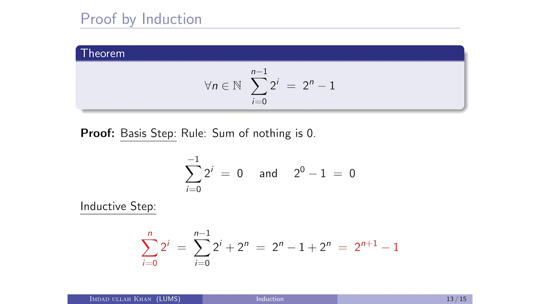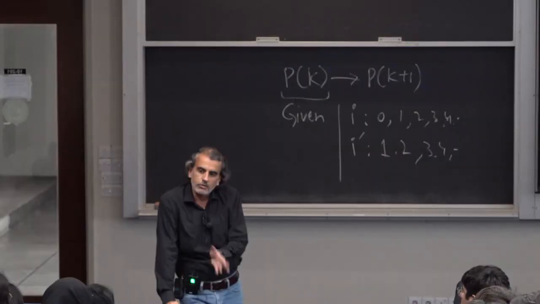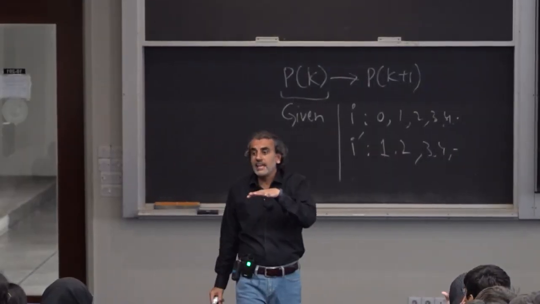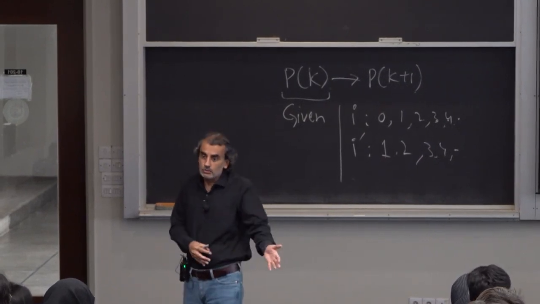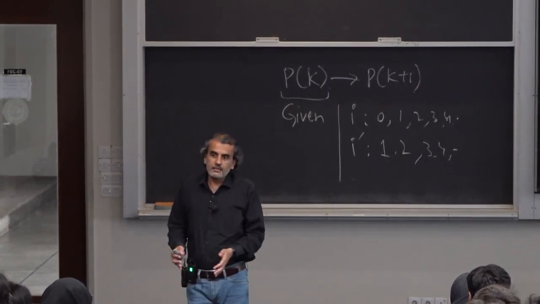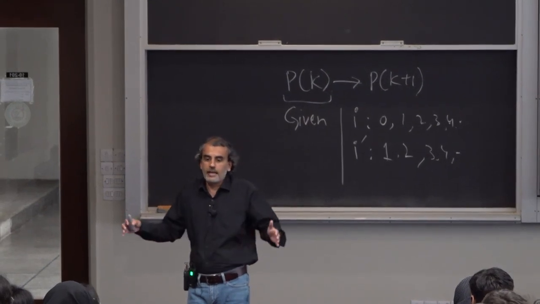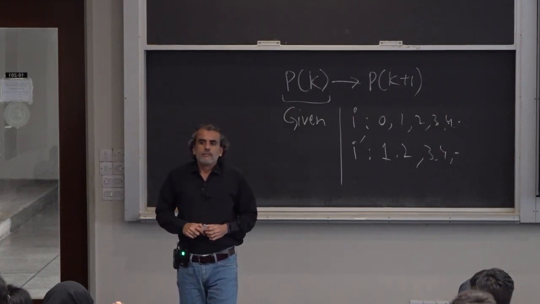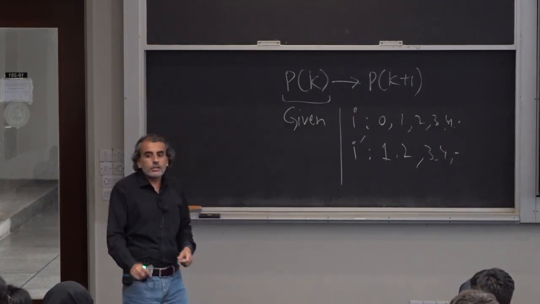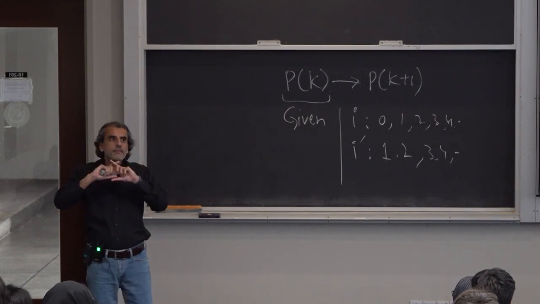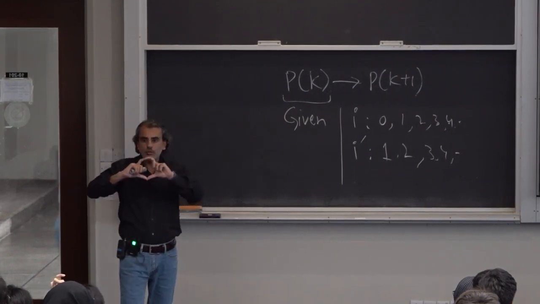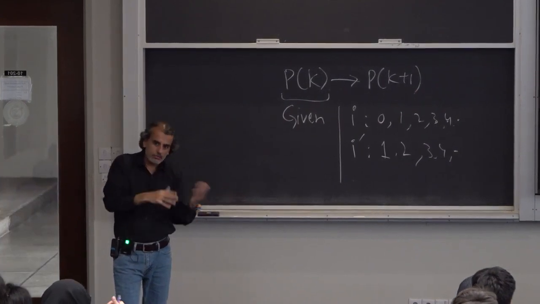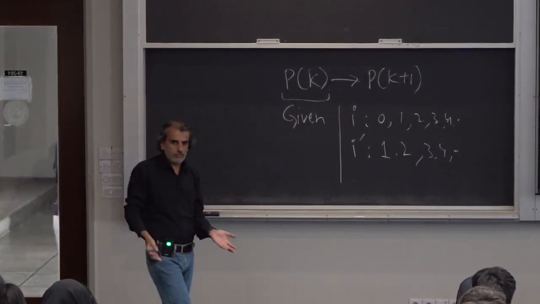It depends. If the statement is explicit about positive integers, then we'll be doing it for 1, as we did in the previous example. And in certain cases we'll say that this thing is true for n greater than or equal to 2. Then our base step will be 2. If it says it has to be true for n greater than or equal to 100, then our base step will be at P(100). So we won't define it in terms of the loop having to run once. Yeah, exactly. Intuitively, it is very much equivalent to that first domino in our pile of dominoes, because the first one has to fall, and that's what we have to demonstrate.